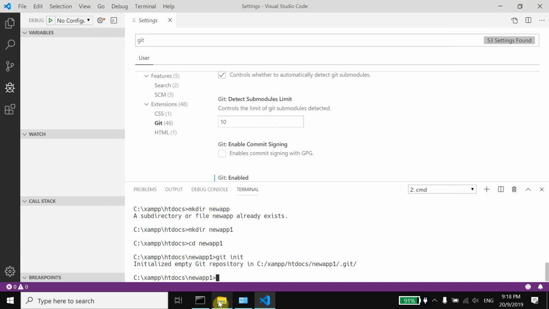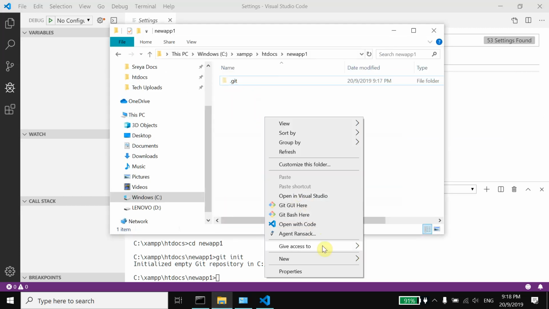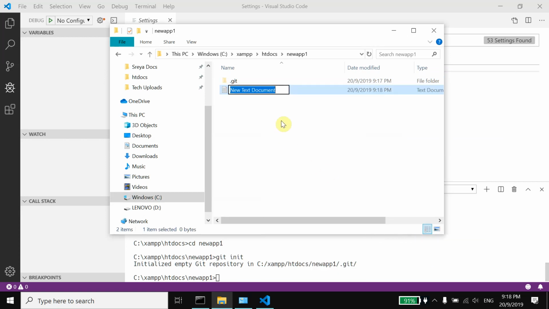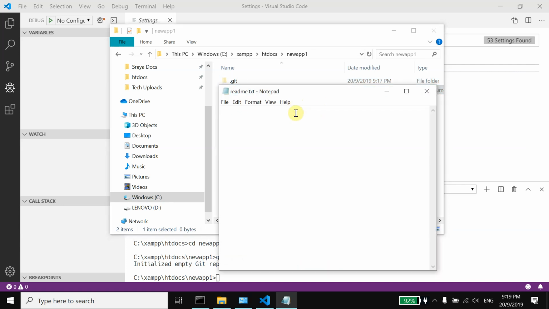Now let's say you add a new file in here, and let me just add a very simple quick file. This video is just explaining to you the very basics. So later I'll do a video that explains how to use this with a proper web application where you already have the folders created. So I'll just call this readme.txt, and I can say something like hello world over here,